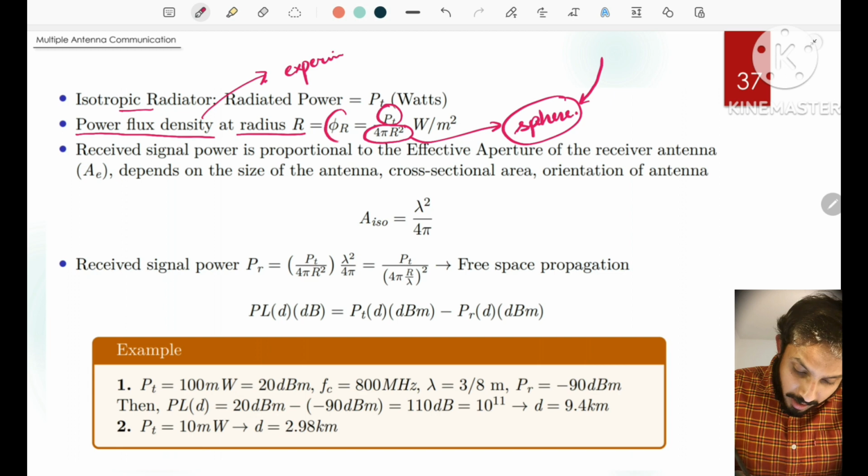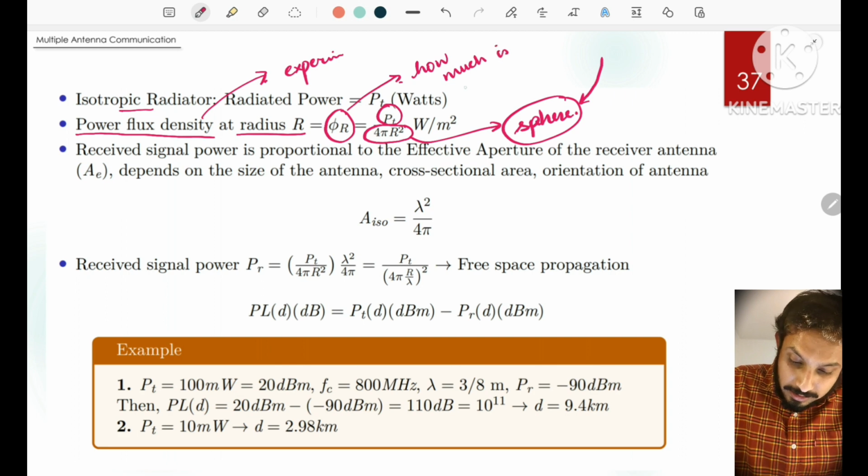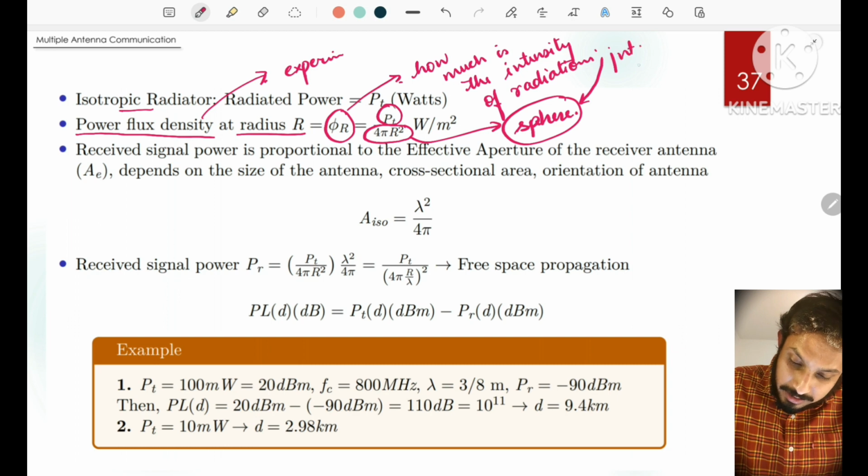So this represents how much is the intensity of radiation intercepted per unit area,